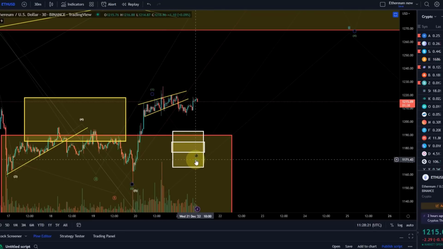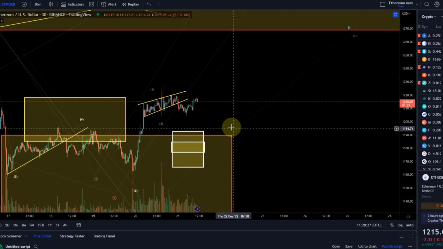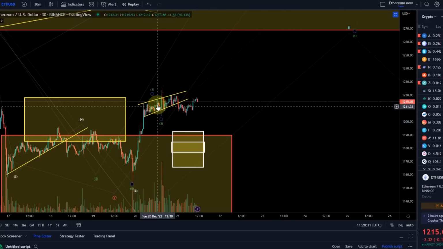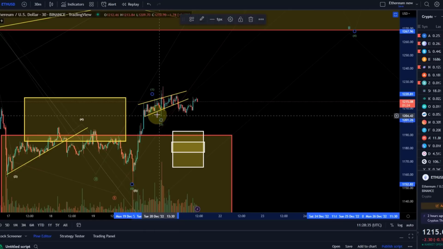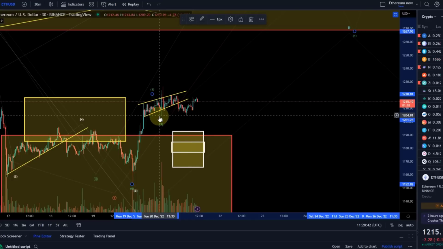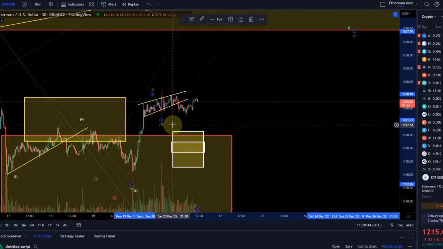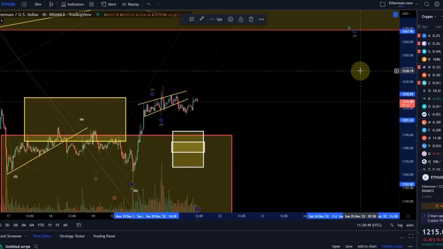The problem is that yesterday it seemed like the wave 2 might have been in here already. Now that would be a super short wave 2. Very unlikely, but possible. But this is exactly what we don't know yet. We are now in a range, a very short wave 2, because we moved up quite strongly afterwards but then came down again. So the chances in the very short term, whether we come down into this area and then move up or move up straight away, are pretty much 50-50. I have to tell you that.